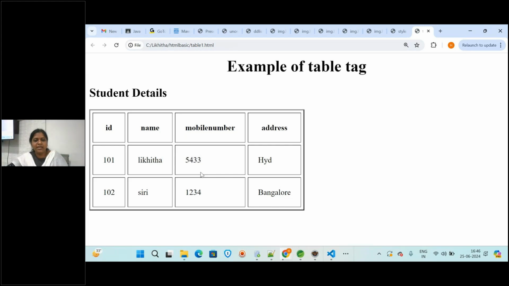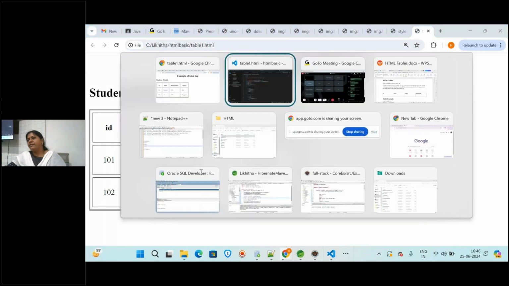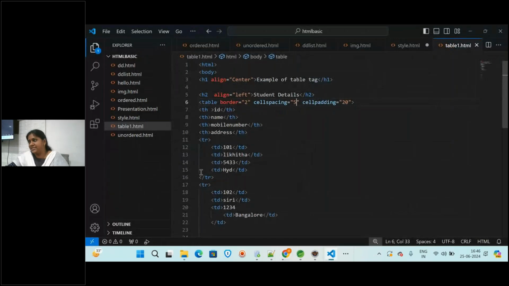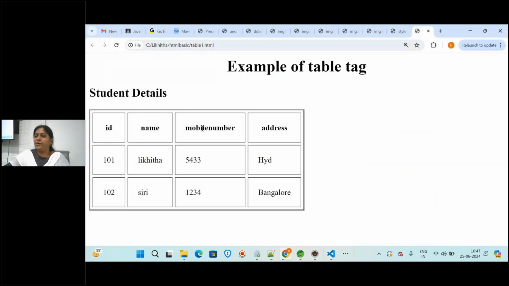Okay, for the table tag like this, you can also give here colors, everything, which we will discuss later. Means every column you can give different color. Alignment also you can give. Here it is aligned normally, but you want this alignment to the right side, left side, to the top, or how much color you want. For this particular cell mobile number, you want the text color to be changed, or particular cell color has to be border background color, you can change. So like this, you have so many attributes which we'll be discussing later.